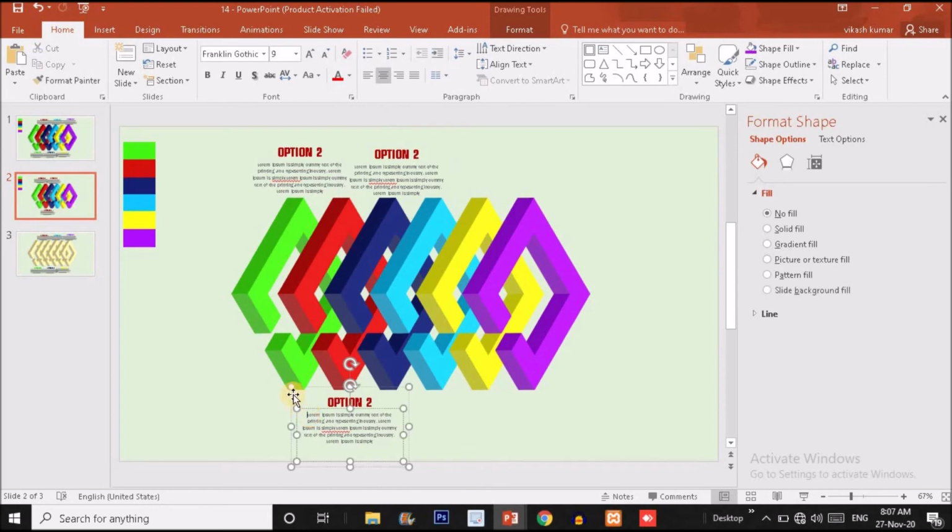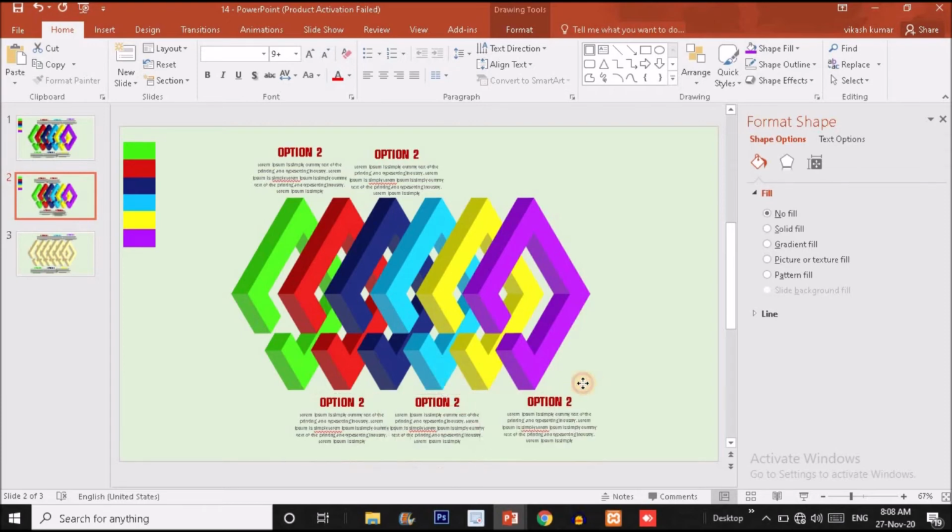Okay, now again I'm pressing Ctrl D to duplicate all these groups, and this is for the fourth one. Aligning something here. Again press Ctrl D. This is for the last one, so I'm going to put it over here.